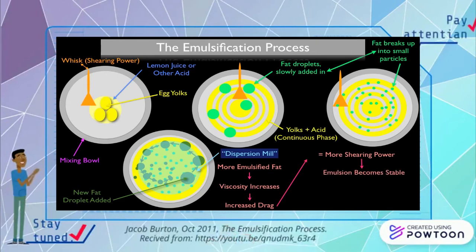and the emulsion by nature will become more stable because you have a smaller dispersed phase. Because of the viscosity acting as a stabilizer, and because of the already dispersed fat acting as our dispersion mill, towards the end of the emulsification process you can actually add the fat more quickly. Now that we understand the actual emulsification process,